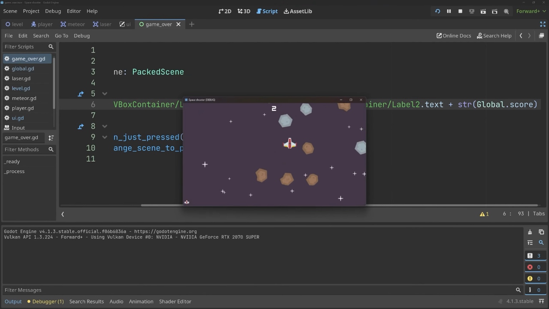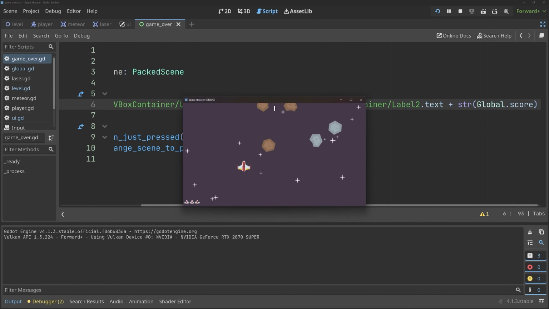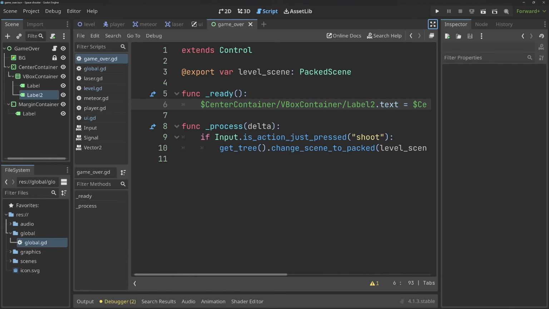And if I get hit a couple of times, we get a score of 0. If I start out of this again, we start again with 0, and let me survive a few more seconds. If I now die again, we get a score of 4. And this I can do over and over again. It always works in the same way. Perfect. And with that, we have basically all of the game, although there's one part that I did forget to